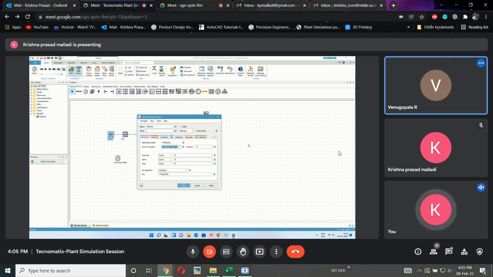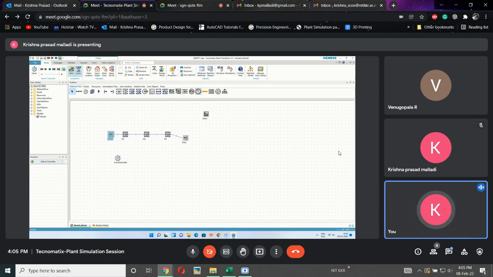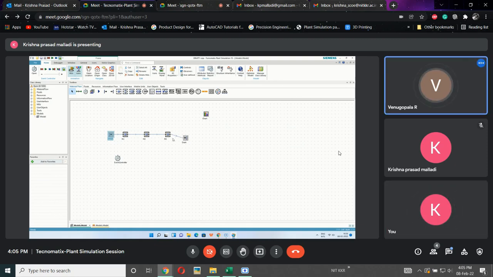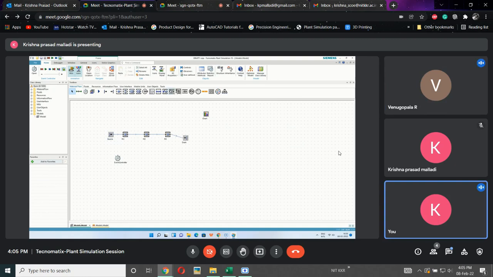Which means I'm using a conveyor belt, and on that conveyor belt I need to place a sensor so that whenever a part is coming to that station, automatically some robot or something can pick that part and place it somewhere. That is called a trigger. Generally it will be used like this.